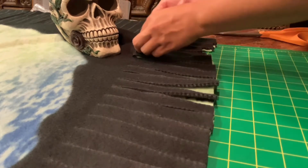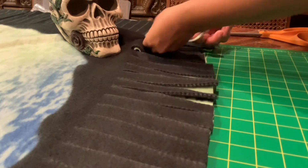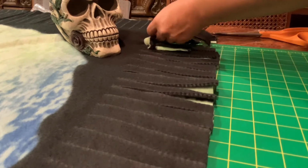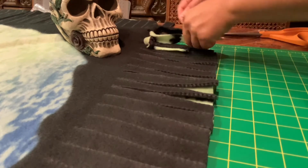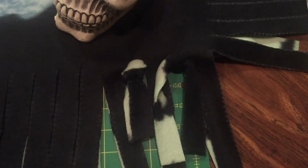So one, I tried knotting the two pieces of fabric together as one knot, as if it was one. And then I tried another test strand where I took the two pieces as separate pieces and knotted those together, like you would two separate strings. And I did not like that look as much. So I decided just to go with the first type of knot and knot the rest of the blanket